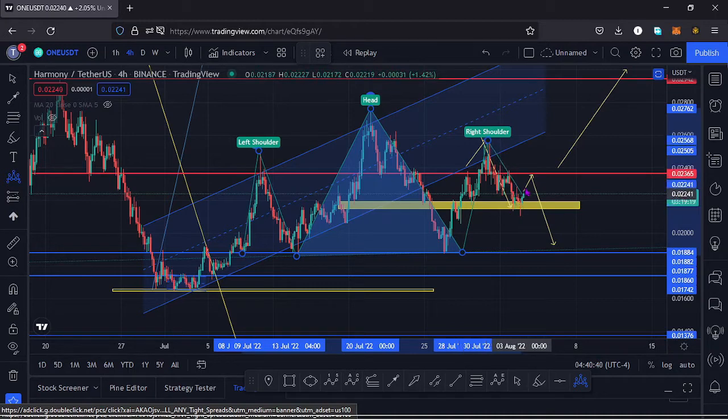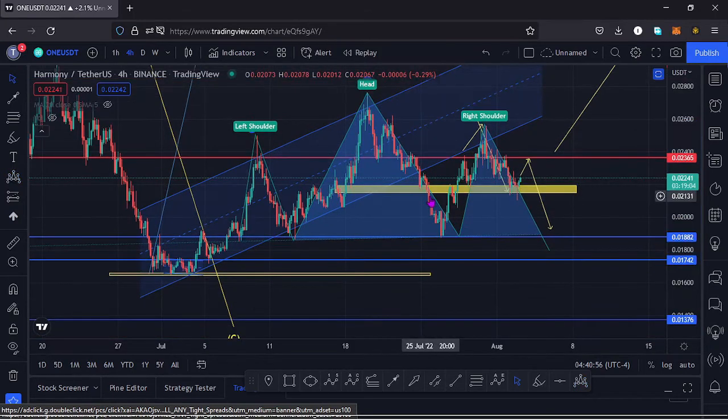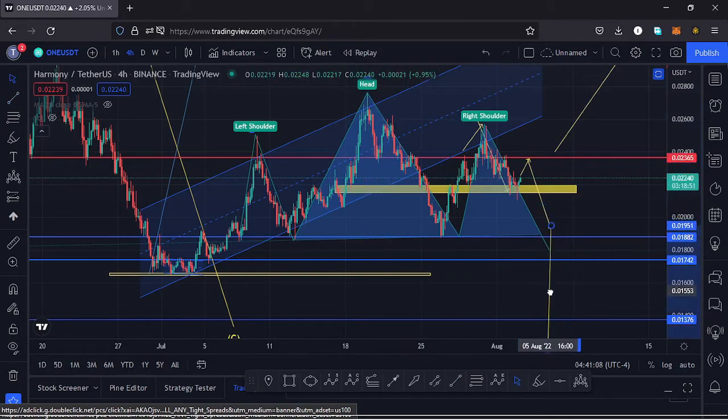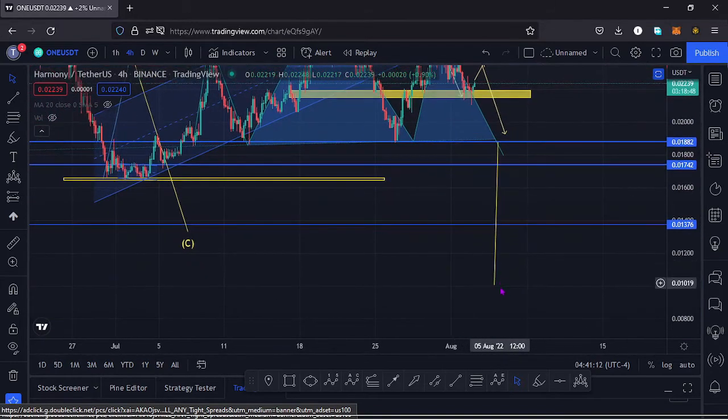and what we are seeing at the moment might be the right shoulder, which might be forming. So if we have a rejection over here, once we try to break above this key area of resistance and we break to the lower side, that will be completing the right shoulder. This is a pattern that normally breaks to the lower side, having the target area of that breakout as the height between the head and the neckline. So using a trend line, I can try and get the height and place it at this area where it's possible that we might have that breakout to the lower side, and that could take us to around the $0.09